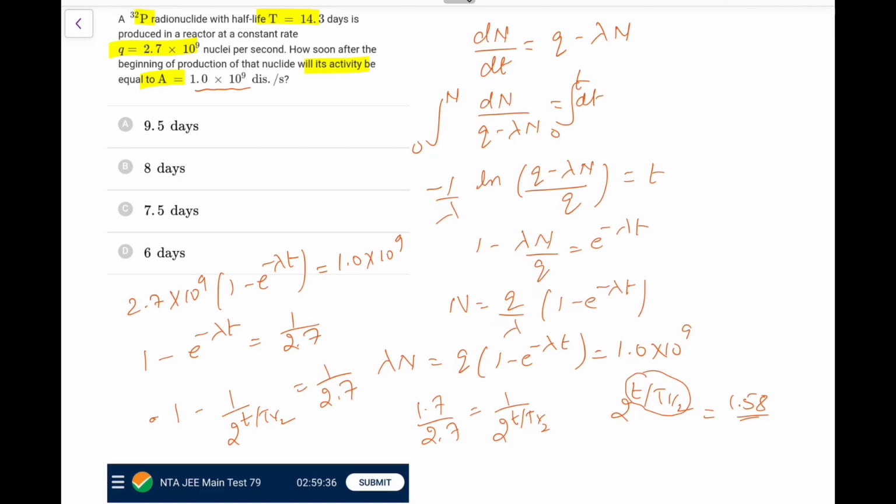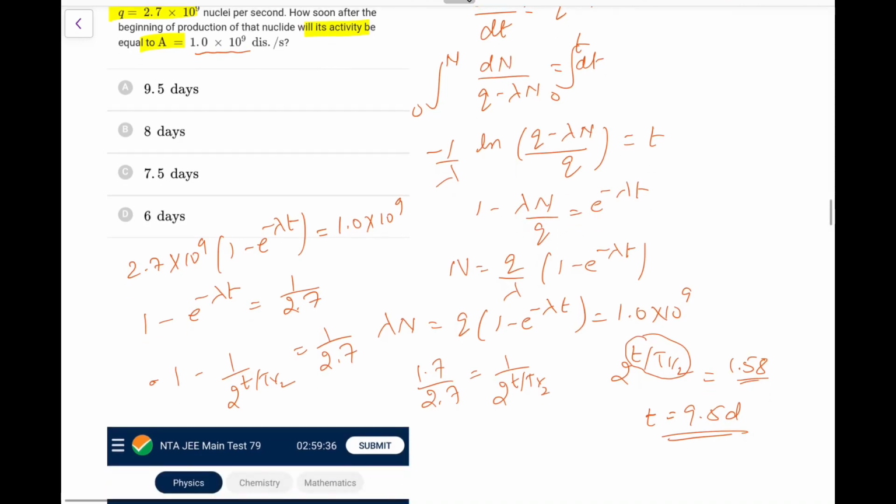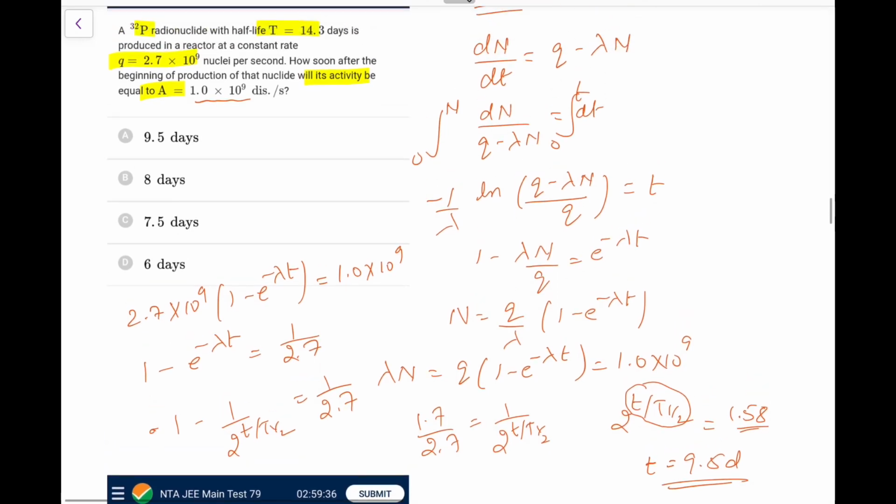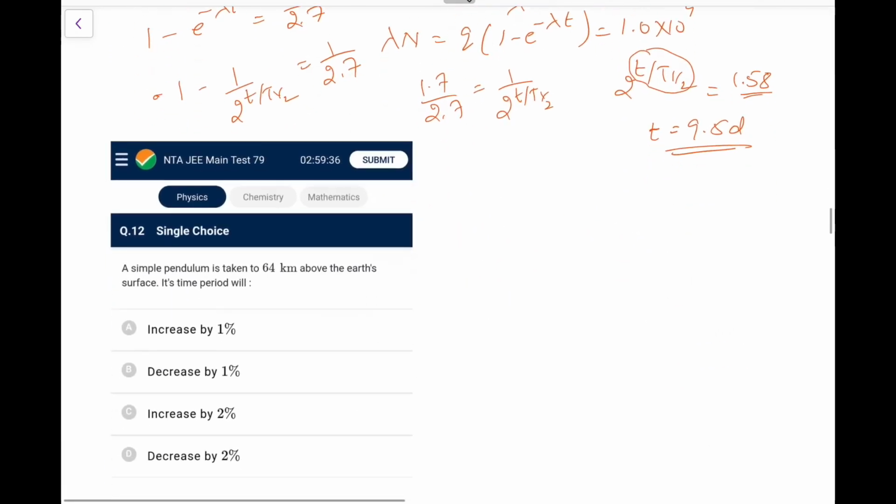I don't know how to solve it without a calculator, it's not that easy. They have given the question because they have to give a question. Now what will you do, it's really tough. 1.58, I don't know what is the value of the ln itself, so it's really a tough task for me. So if you solve it, I'm going by the answer they have given, it would be 9.5 days. Otherwise I don't know how we will move from here. It's not going to be an easy thing to do.